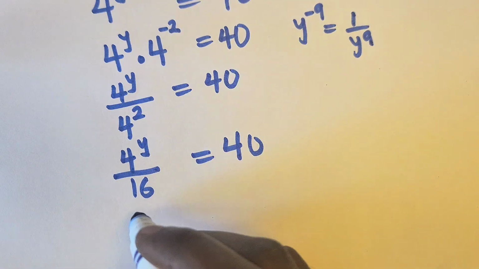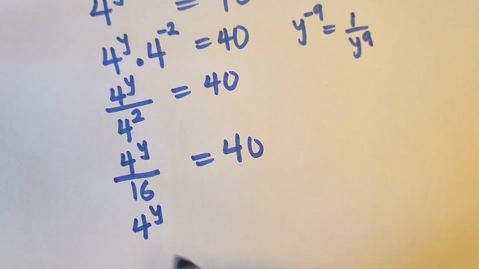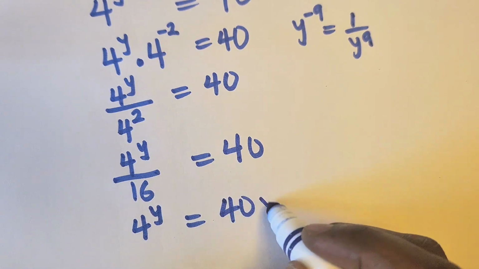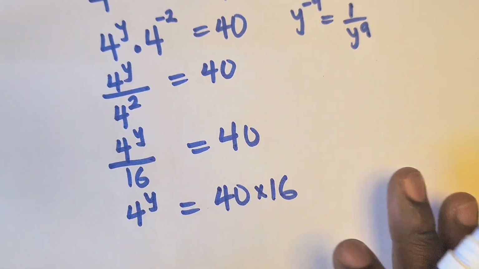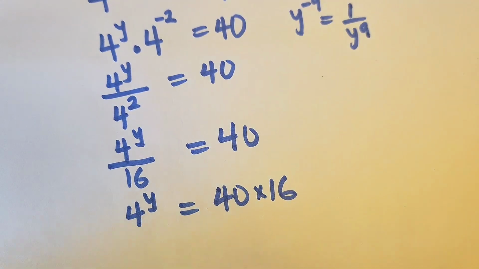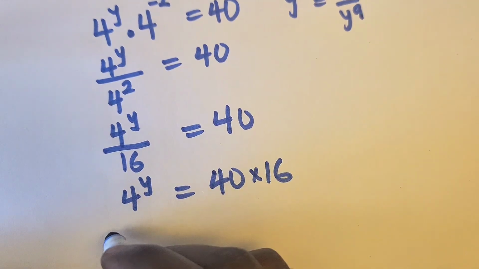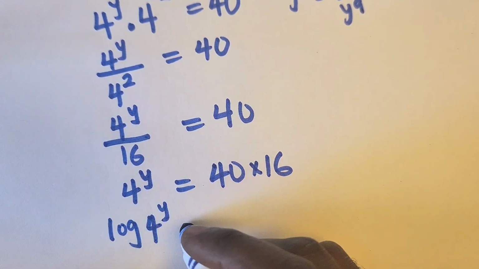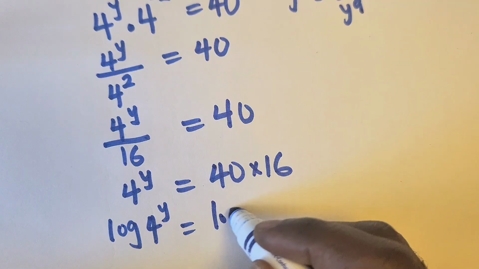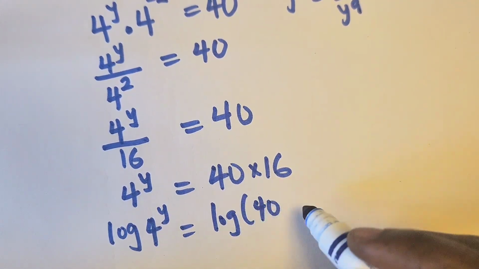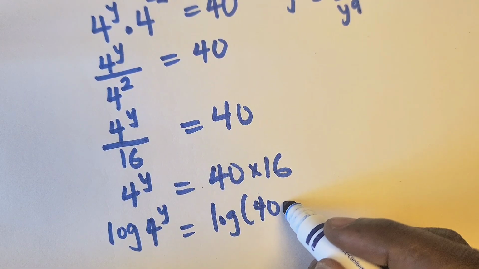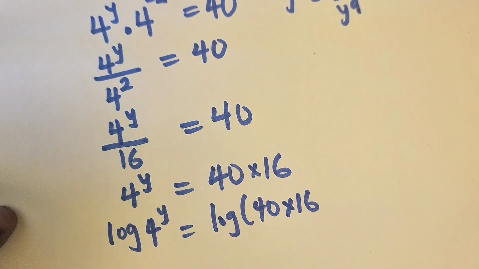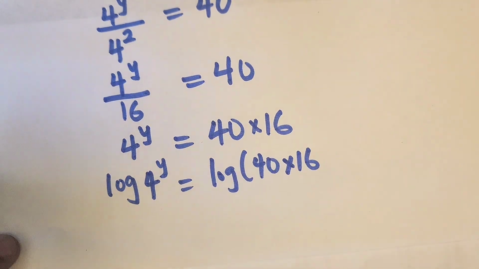Now, we can write this as saying 4 to the power of y equals 40 multiplied by 16. Now, from this, we can apply the rule of logarithms. Now, this is going to be the log of 4 to the power of y equals the log of 40 multiplied by 16. So, from here, we have,